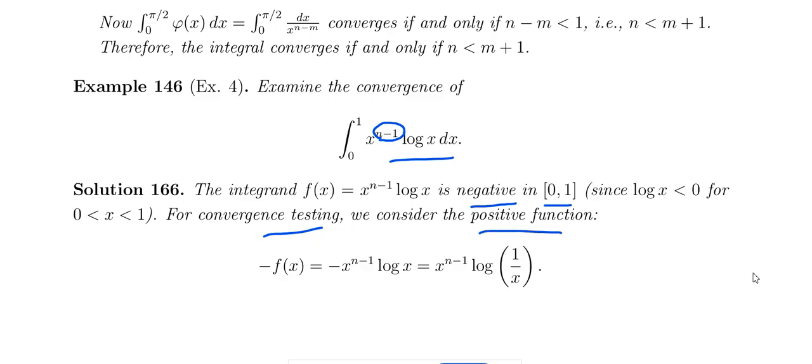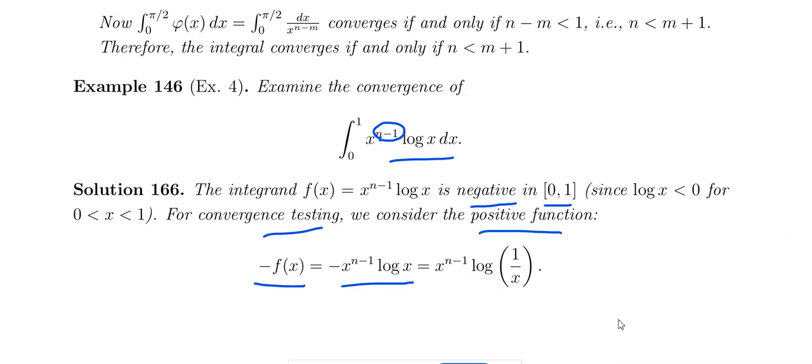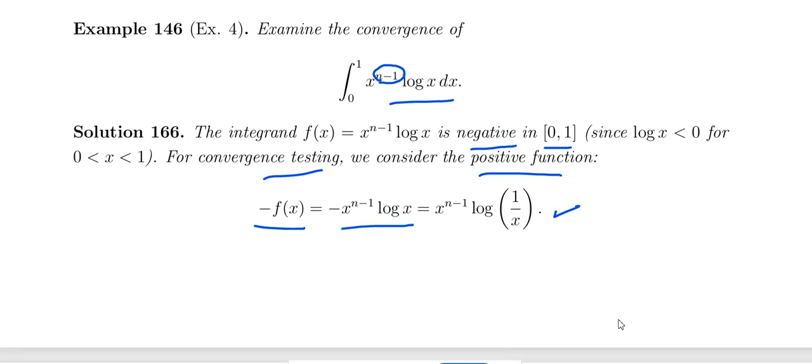எனக்கு பாசிட்டிவ் ஃபங்க்ஷன் வேணும்னா மைனஸ் f of x வேணும், மைனஸ் f of x வேணும்னா மைனஸ் x power n minus 1 log x, மைனஸ் log x என்றத log of 1 by x னு எழுதலாம். ஸோ திஸ் இஸ் த பாசிட்டிவ் ஃபங்க்ஷன். ஓகே, திஸ் இஸ் த பாசிட்டிவ் ஃபங்க்ஷன். ஸோ